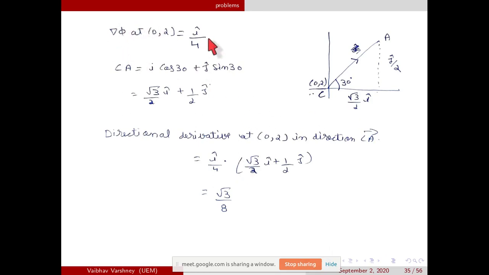Till this point clear? I cap by 4. Okay. See, we have to see this is x axis and this is a line making an angle of 30 degree with the x axis. This point should be clear. So this is a vector CA which is at 30 degree.